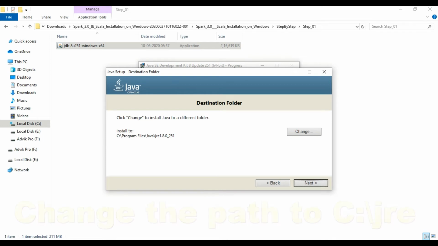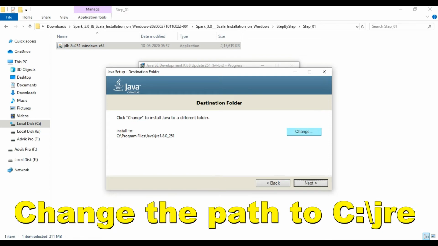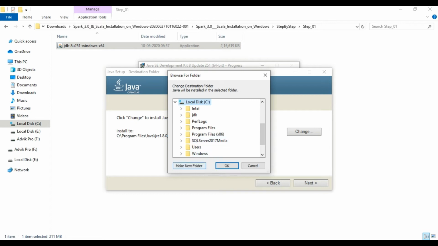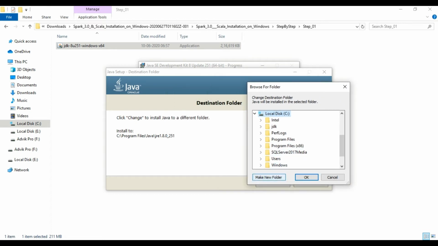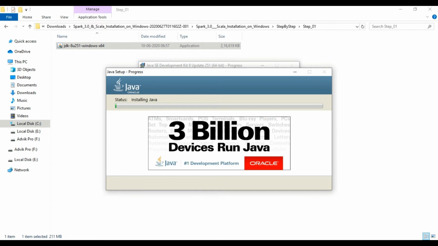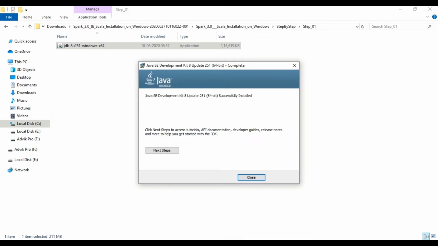We will change it to C drive. Then we will hit on make new folder and we will give the name as JRE. Hit on OK. So the path is C drive JRE. Hit on the next button. Java installation is complete. We will close it.